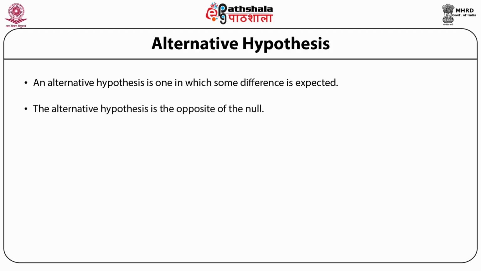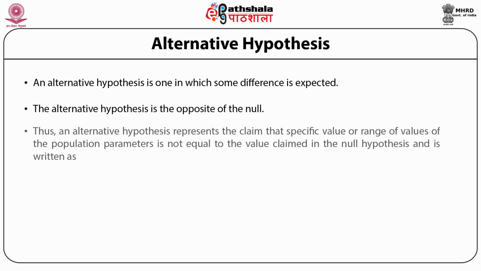Thus, the alternative hypothesis is just the opposite of the null hypothesis that we have just discussed. It is denoted by HA. It is the counterclaim or statement made against the value or range of values of the population parameter. Thus, an alternative hypothesis represents the claim that a specific value or range of values of the population parameter is